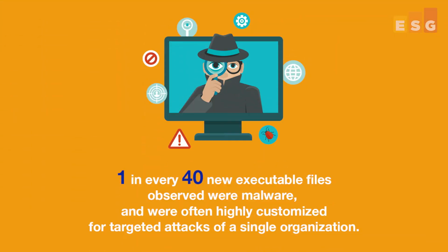And it's worth noting that even though Webroot saw an overall decrease in malware volume, approximately 1 in every 40 new executable files observed were still malware. And these files are often highly customized for targeted attacks of a single organization. While overall malware and PUA volume is down, the Webroot threat report highlighted several growing threats, such as the rise